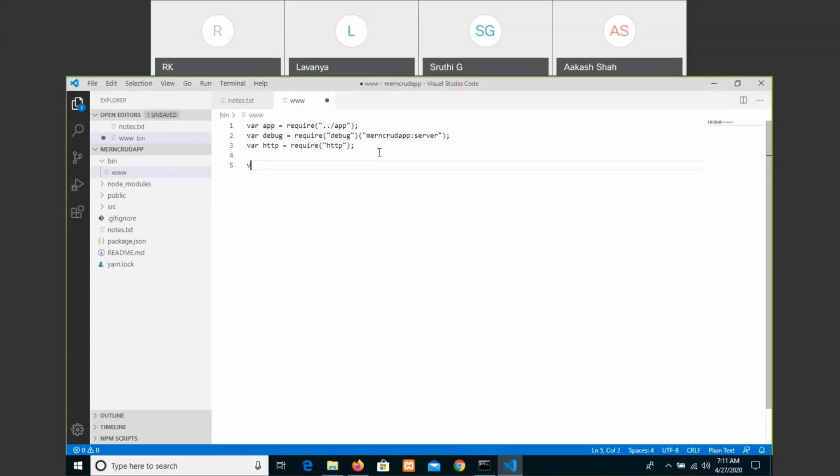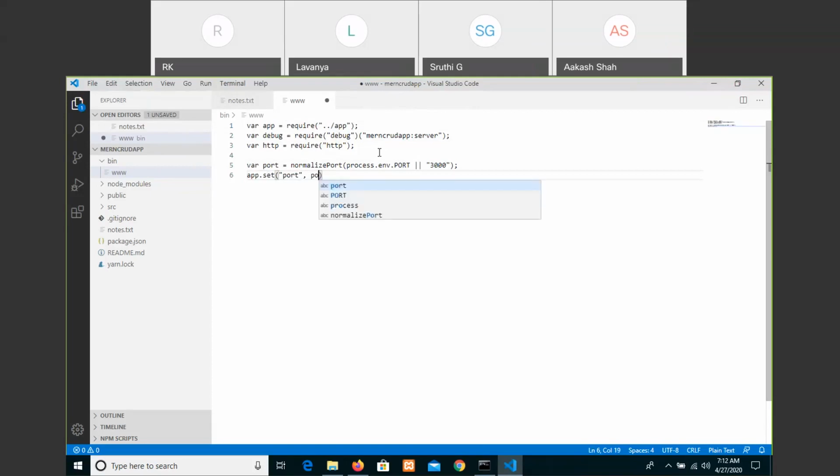After that, var port equals normalizePort, process.env.PORT, or else we can say 3000, and then app.set port.